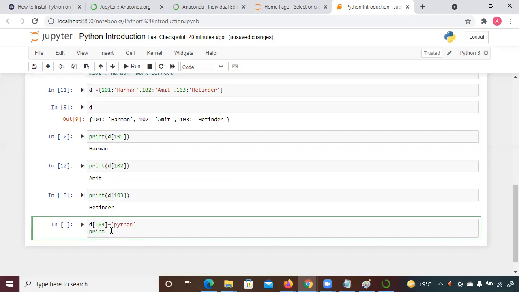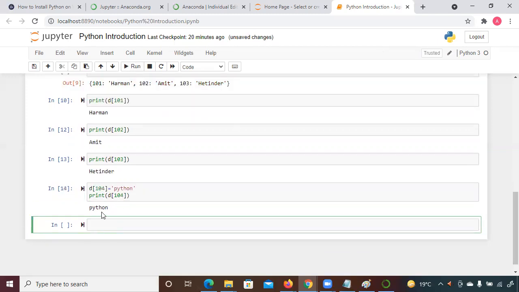Suppose you only create one entry and you want to check it, you can do that also. Just write 104 here and run it. So you can see it is printing for only one element as well.